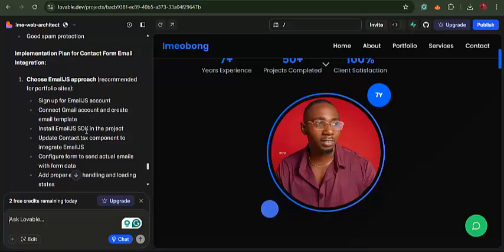Right. So to make this contact form work, so that once people fill it, we'll get the information in our Gmail, first thing you want to do is go to email.js and create an account. So let's go to the email.js website. I'll also be dropping the link to the website in the description. So if I go to